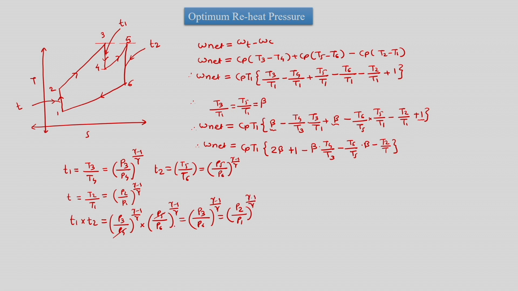So it is bracket raised to (gamma minus 1) upon gamma, but (P2 by P1) bracket raised to (gamma minus 1) upon gamma is T. So we have T is equal to T1 into T2. So the temperature ratios for high pressure turbine into low pressure turbine is equal to the temperature ratio for compressor. So this we should know, and we should use this for deriving the optimum case. So using this we should remember this expression,